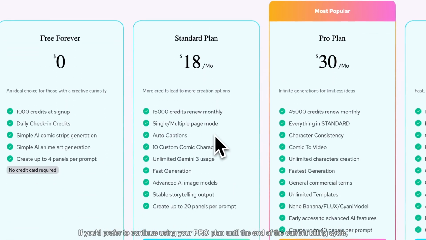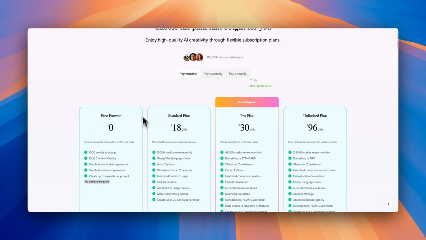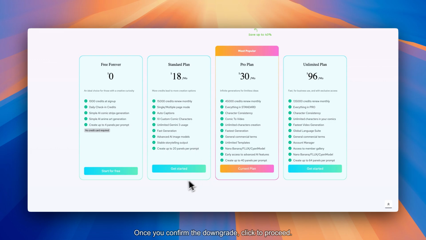accessible. If you'd prefer to continue using your PRO plan until the end of the current billing cycle, you can wait until it's closer to expiration before downgrading. Once you confirm the downgrade, click